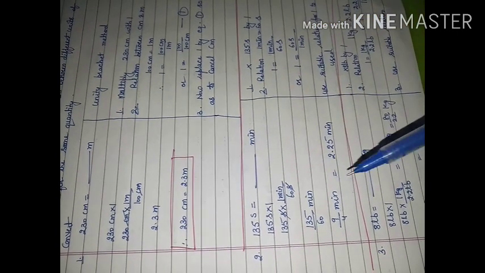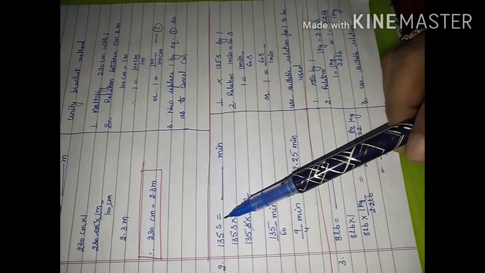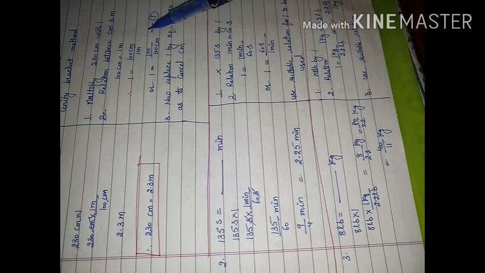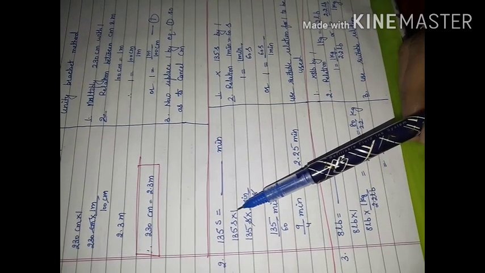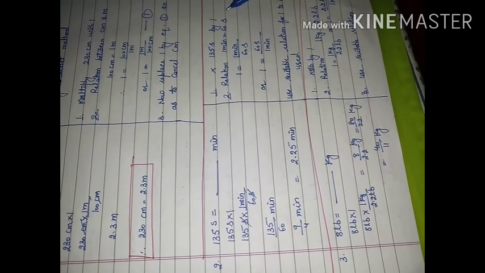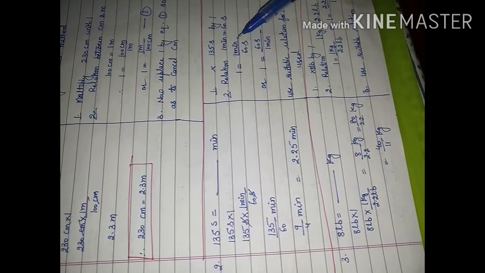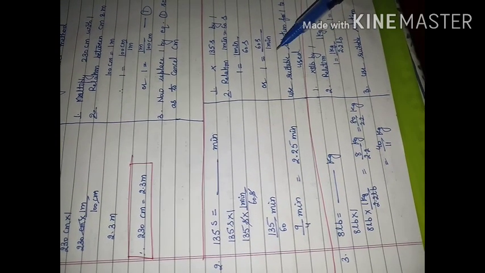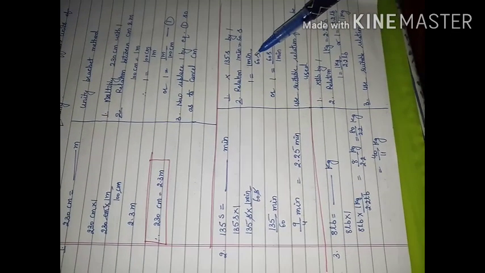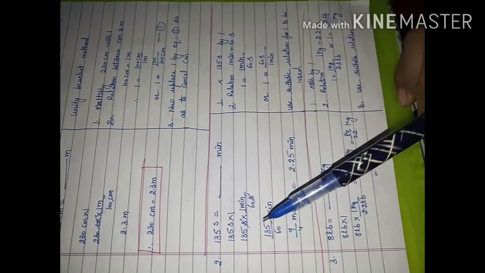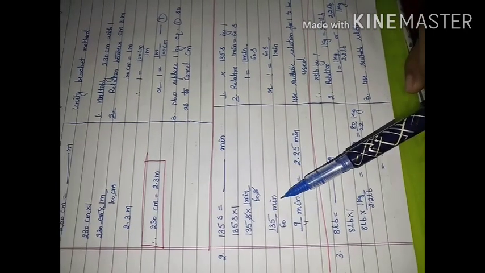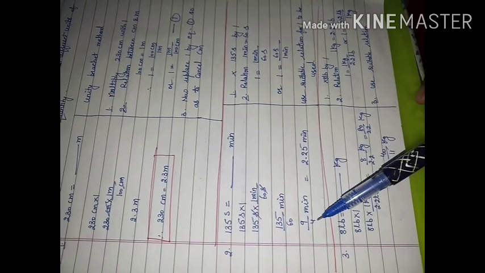Let us consider another question. It is given 135 second is equal to dash minute. Steps will remain the same as I have already told you. Multiply this by 1. Then see the relation between minute and second. 1 minute is equal to 60 second. So 1 can be equal to 1 minute upon 60 second, or 1 can be equal to 60 second upon 1 minute. We are in need of this, so we will use this here. Second will get cancelled. 135 upon 60 minute. It means your answer will be 9/4 minute.